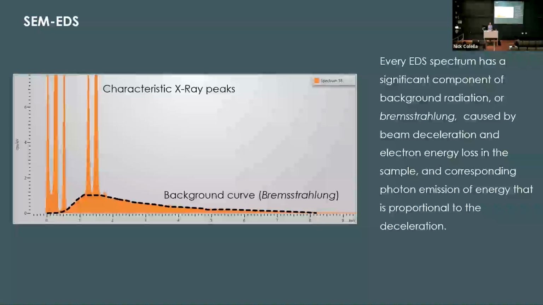So we don't just see peaks here. We have a pretty strong background curve that's going to be present in the specimen. And the background curve is going to be present in every sample, and it's caused not by characteristic X-ray emission, but it's created when the beam is interacting with the sample in such a way that it loses some energy but does not produce an ionization, right? So often we get this kind of gentle sloping background curve that we see, and that should go up to 0 at whatever our acceleration voltage is that we chose.